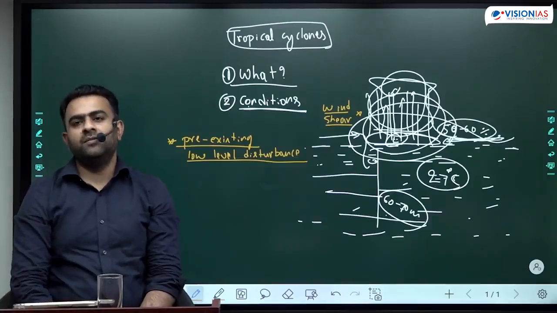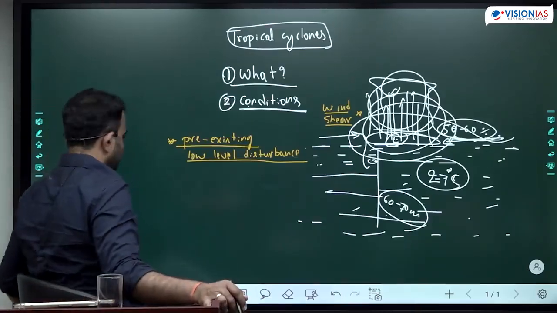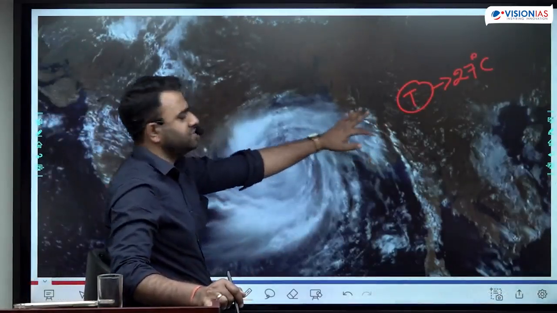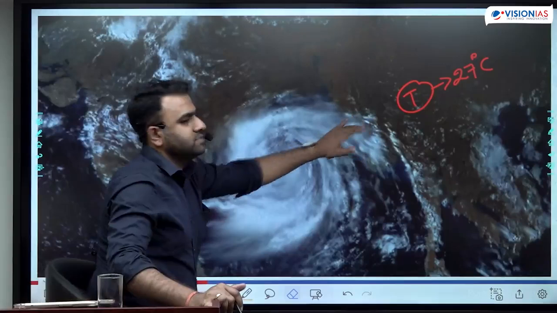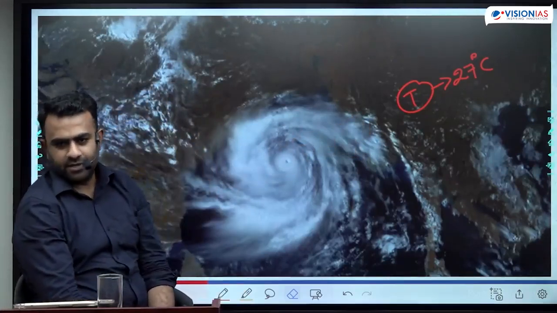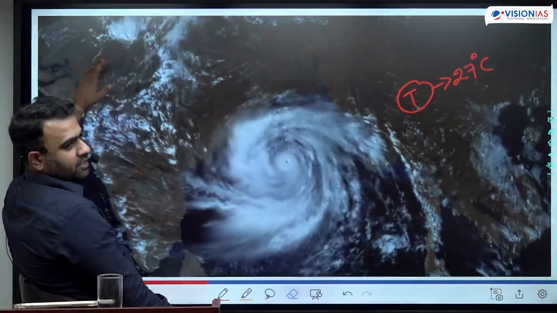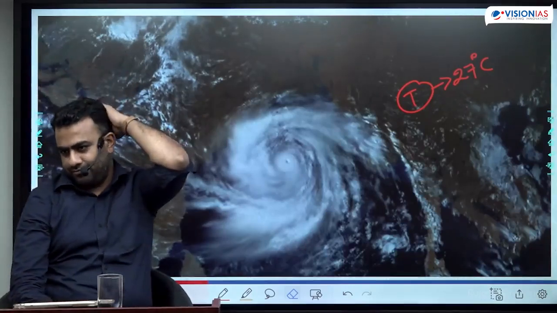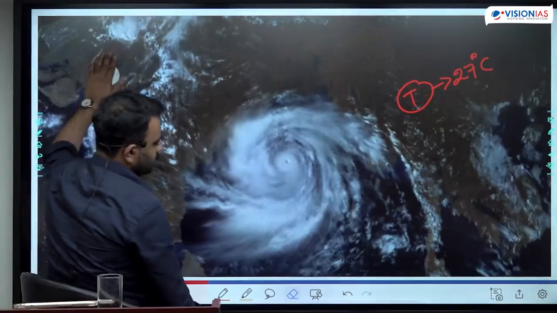So imagine there is a low pressure developed over land. Somewhere here over the land, a low pressure develops, and this pressure system continuously moves. They are not stationary. And as it enters the ocean, suddenly it gets intensified. This year it happened, a low pressure was developed here over the land, and as it entered into the ocean, it got intensified and became a cyclone, 2024. I'll tell you what are the cyclones which came.